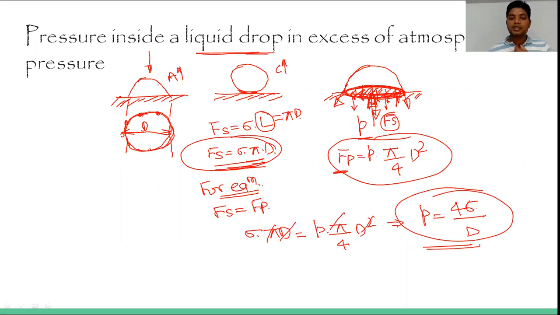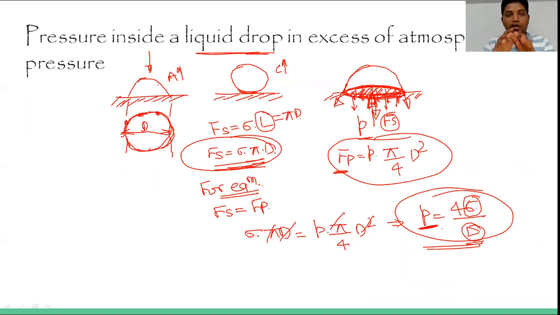Okay, so this is basically the internal pressure force that depends on sigma, the surface tension, and the diameter of this droplet. Now this is basically a droplet. If we are talking about a bubble, then the droplet is what this is. If this is the stationary surface, then the droplet will be like this.